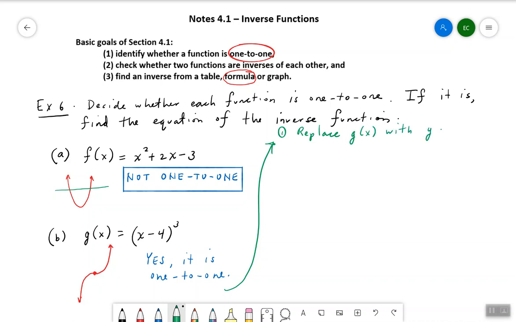G of x is a little cumbersome when we switch x and y in the next step. So y is a simpler version of g of x, and it makes our work a little easier in the rest of this problem. So we're going to write y equals x minus 4 cubed, and then we can go on to the next step, which is to switch x and y,